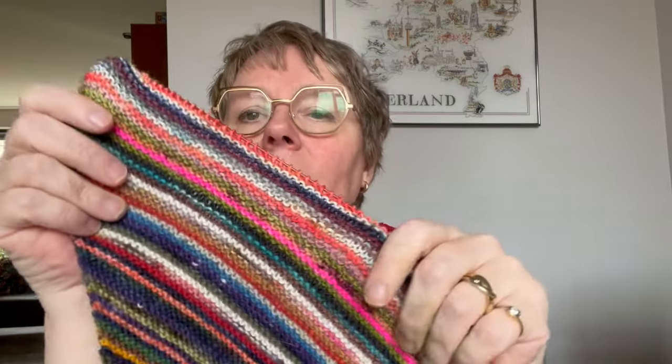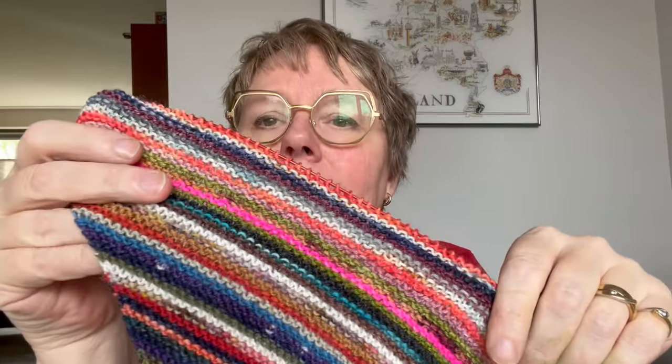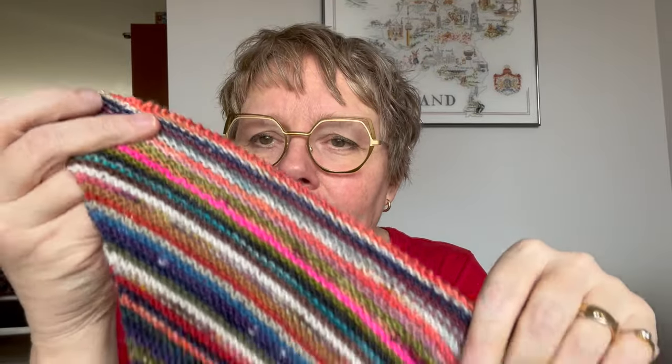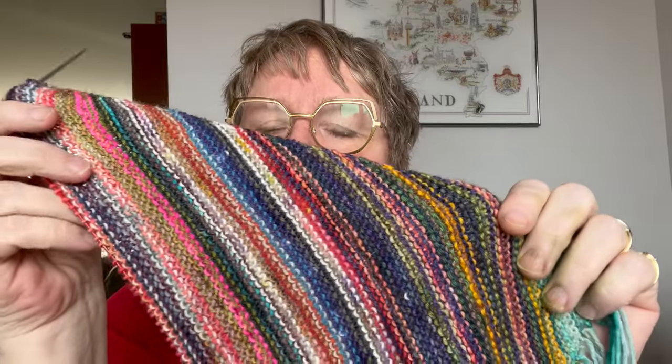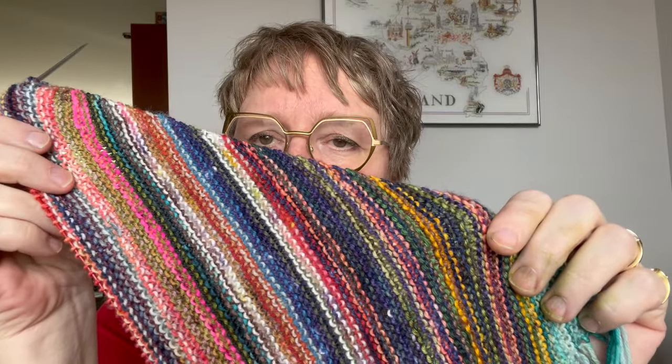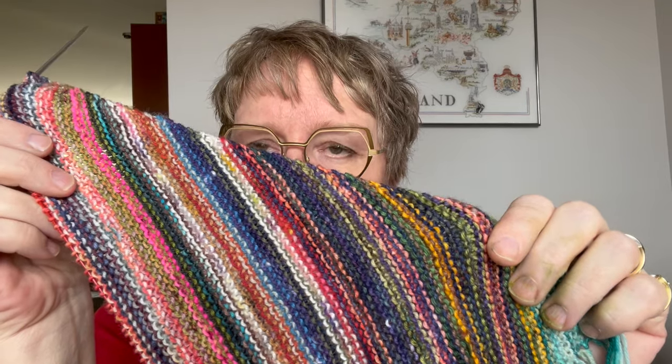What she changed about the pattern, if you look at this side of the blanket, this is obviously the right side. If you look at this side of the blanket, you recognize it as the wrong side of your blanket. Amy did not want to have half a blanket with the right side and half a blanket with the wrong side, because